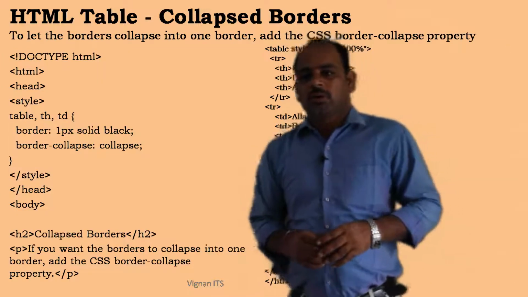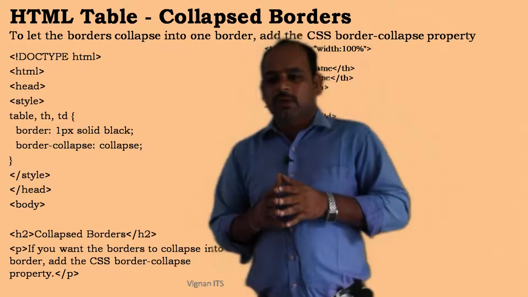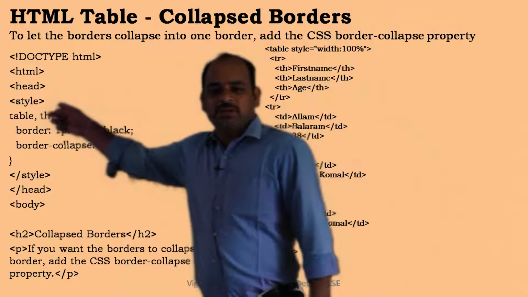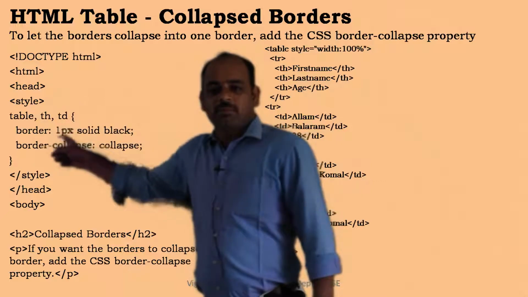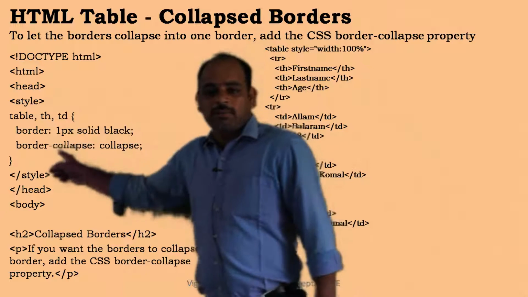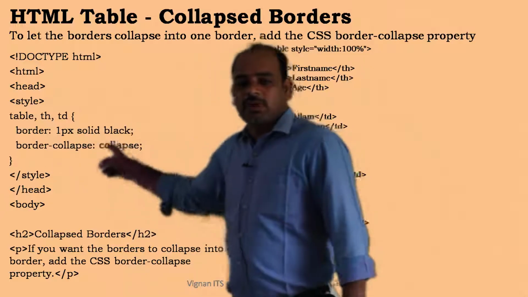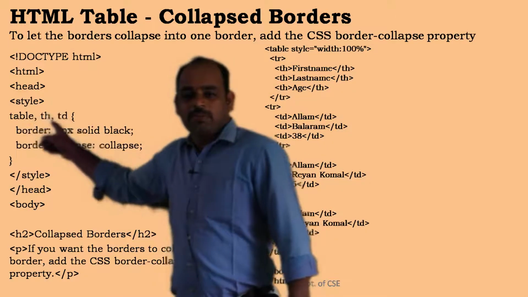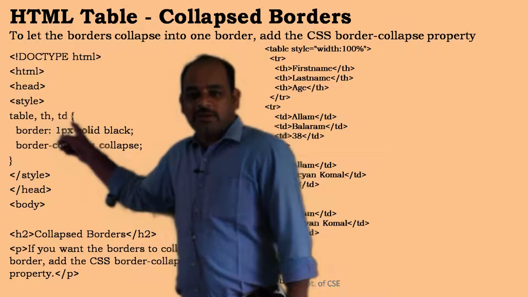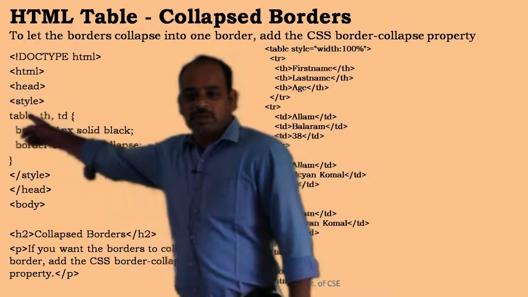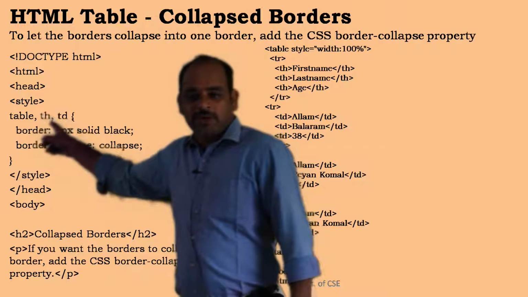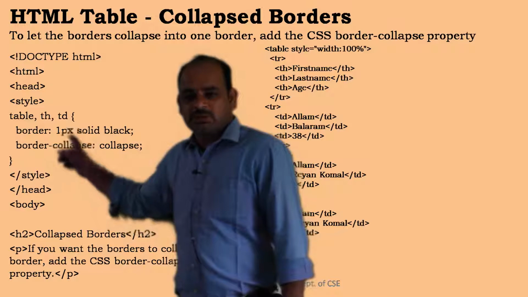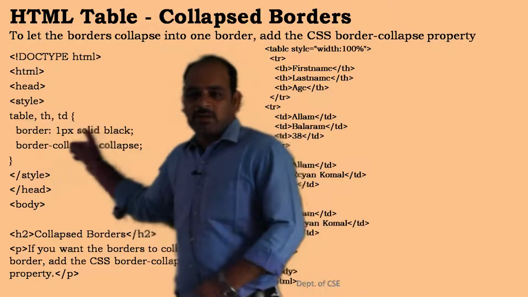So now, collapsed borders. See, you can see in the style tag there is only a small change here. So what is that? td border 1px solid black, and border-collapse. Here we are using the collapse value. Again we are designing the table header tag and the td tag. So these properties may be used in the table tag, table header tag, and table data tag also, right? td is nothing but table data, which is used for creation of columns in a table here, right?